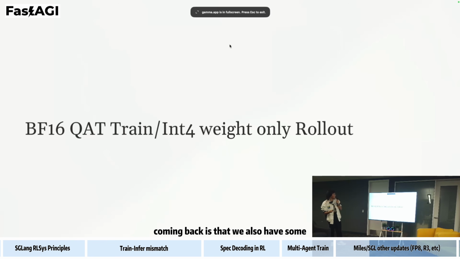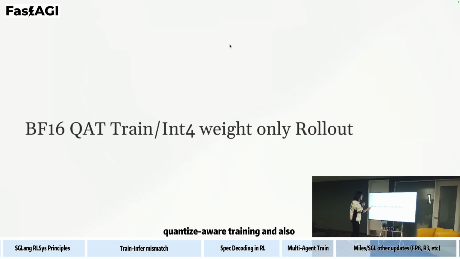Coming back, we also have some heated topics like BF16 QAT, quantized aware training, and also the int weight-only rollouts. Maybe you can use your A100 GPUs to do RL in much faster time by enabling these kinds of features. Okay, but I won't go deep into it today.